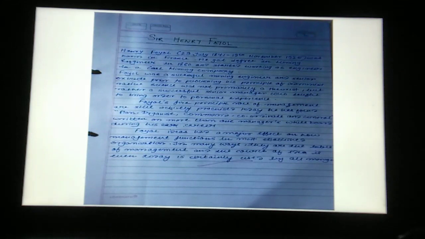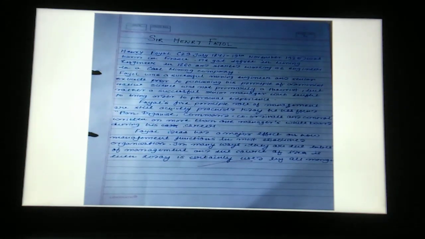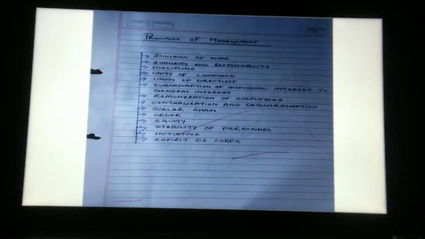Okay. Next, here you have to write about Sir Henry Fayol. Here you will be mentioning a few details about Sir Henry Fayol. Who was Sir Henry Fayol? Why was he famous? You have to mention it in this section. After that you will draw the principles in this way. You can give the heading at the top, principles of management, then you can name the 14 principles, that is authority and responsibility, division of work, and in this way you can mention all the names of the 14 principles of